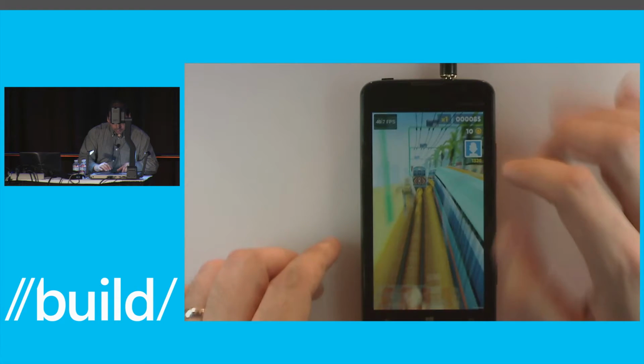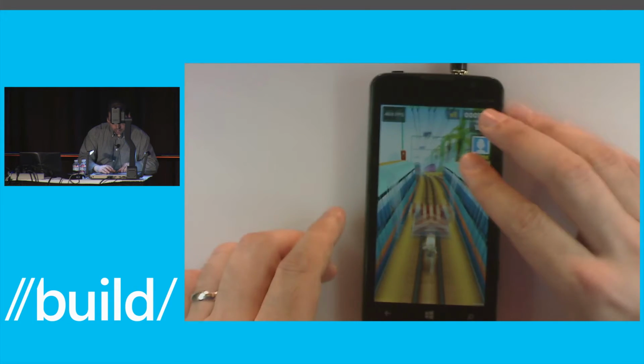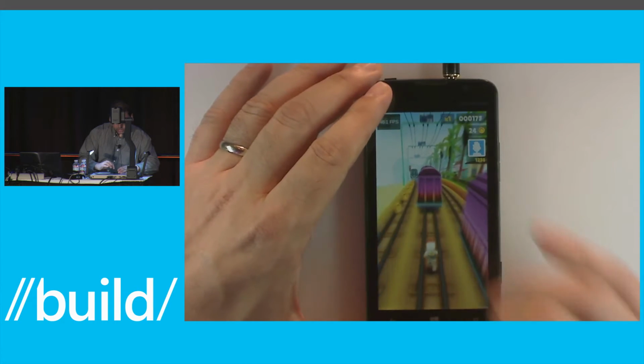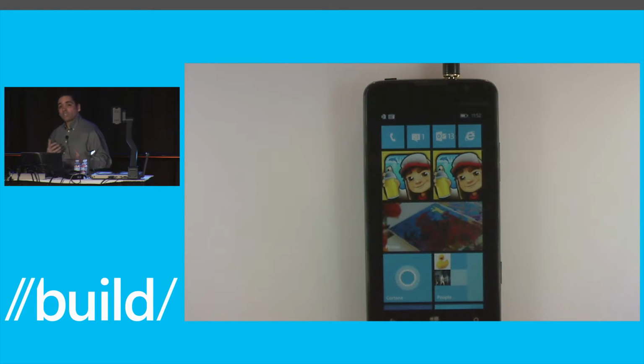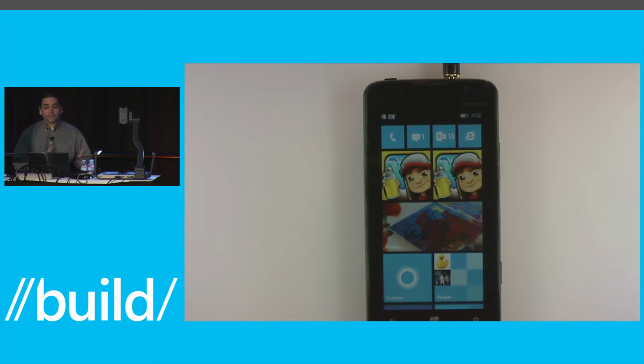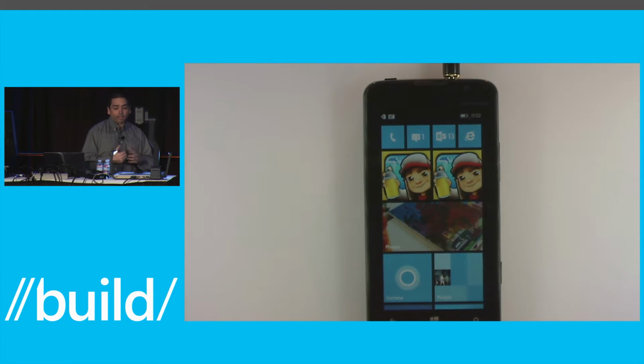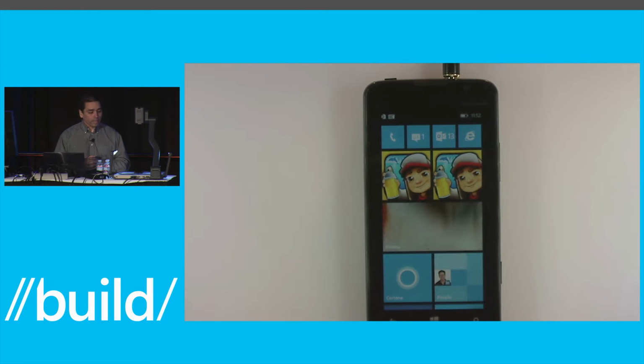But you'll see here, we're seeing 50, in some cases 52 frames per second. So we're seeing a good 20% across some of the games. This is not scientific, so you should not expect that out of every game. But I definitely say give it a shot because you're going to see much better performance out of the new application model if you can actually move to Windows Phone 8.1.